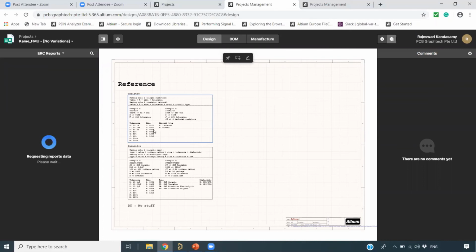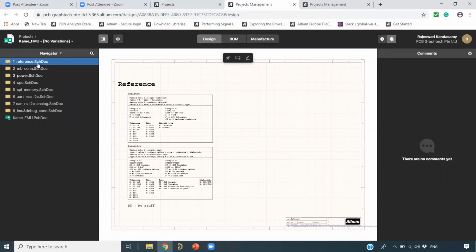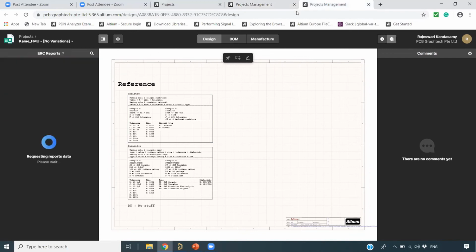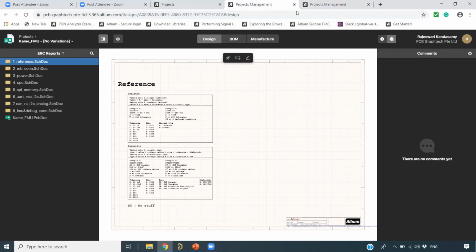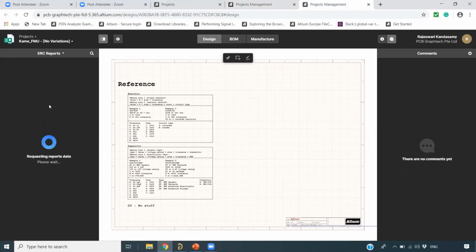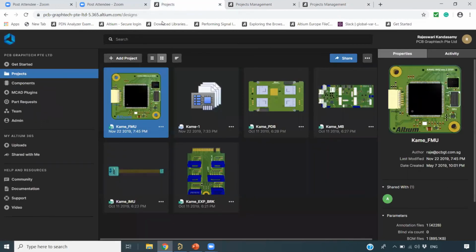Okay. I'm trying again. Still very slow. Okay, let me continue this feature later. I will just go for the next feature. I will try to show it by the end of this session.